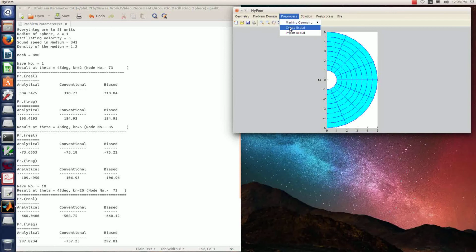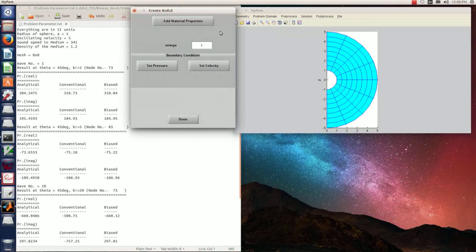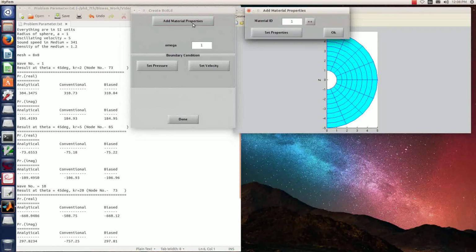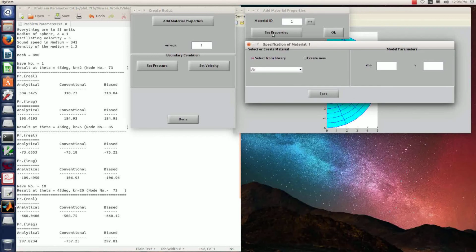Now we will give material properties, boundary condition and loading through create BCD load. Here the properties of air are already there in the existing material library. For some other material, the user can use this create new button.